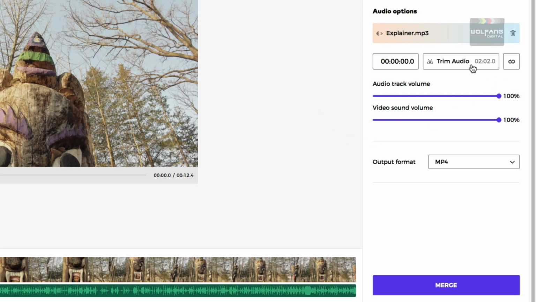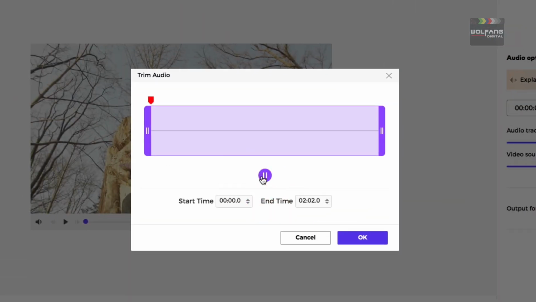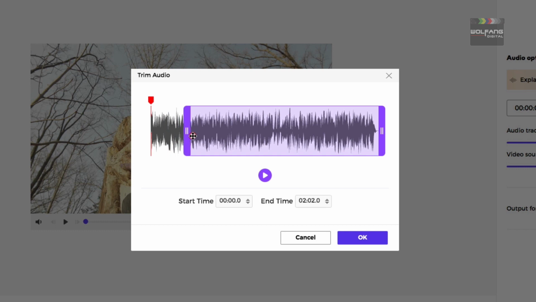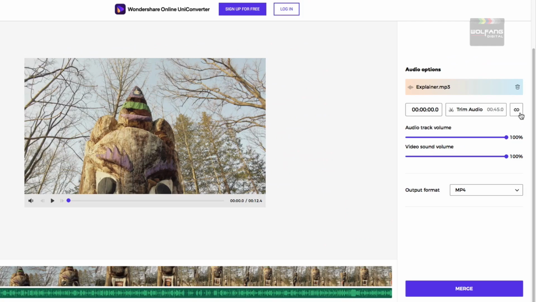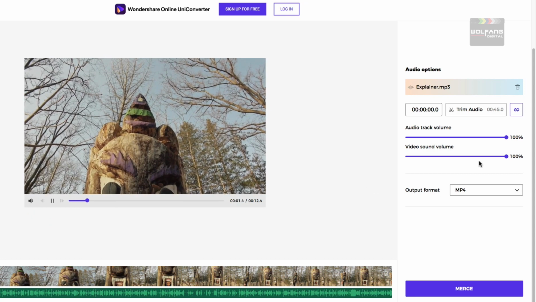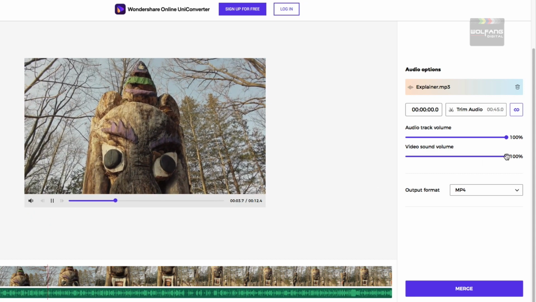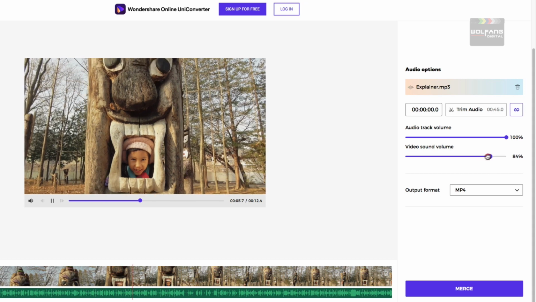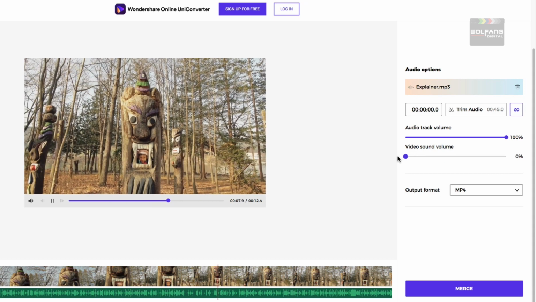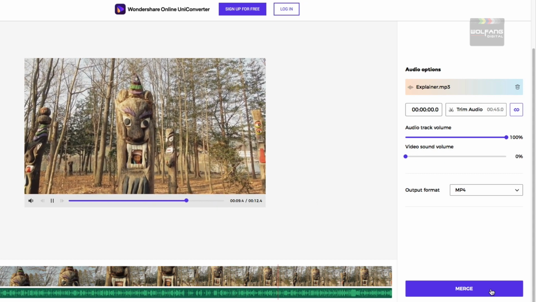Use the Trim Audio to select which part of your audio track you'd like to use. Clicking on the loop will repeat your music for the length of your video. Now, this slider lets you adjust your video's original sound. Use the timeline to preview your clip and select Merge when you're good to go.